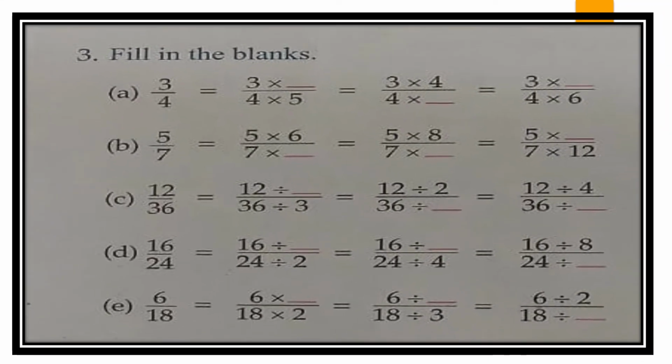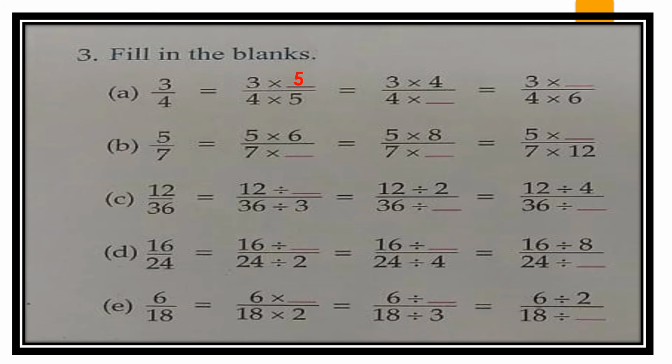Now question number 3, children, fill in the blanks. As I told you, whenever you have to make an equivalent fraction, you can multiply or divide the numerator and the denominator of a fraction by the same number other than 0. So you can get an equivalent fraction. Here that is what we are doing, like 3 upon 4 equal to. Now here you can see the denominator is written 4 into 5, so 5 you will write on the numerator. That means you will multiply with the same number.